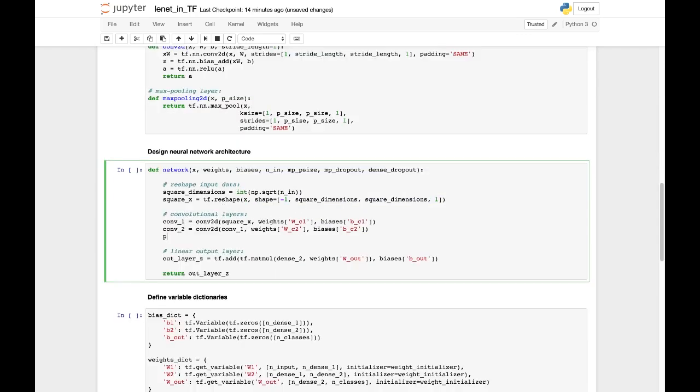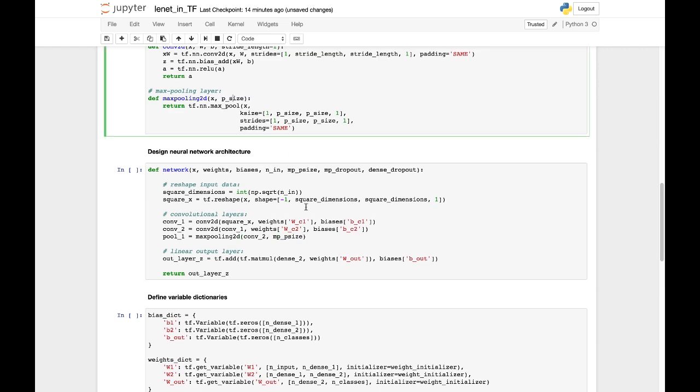So let's define that. So pool 1 equal to max pooling 2d, the function we defined up here. Take the output from the previous layer as an input here. And this doesn't have its own weights or biases that need to be trained. So all we need to pass into there is the MP size,